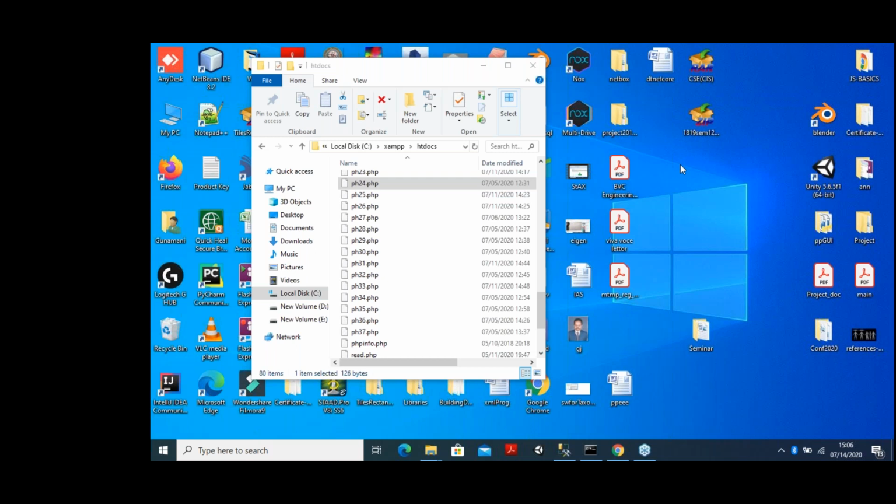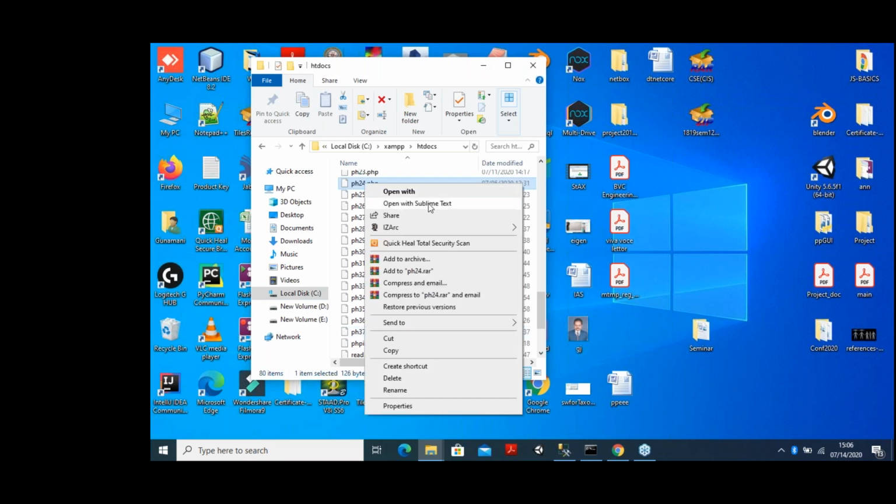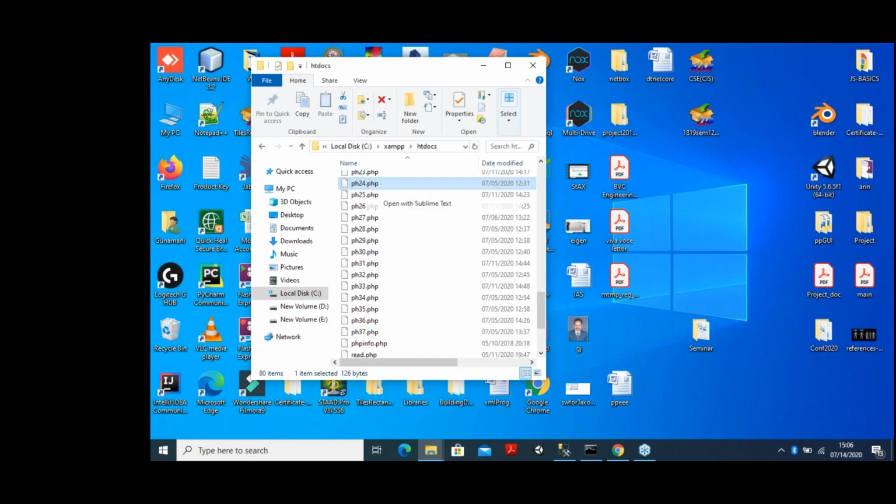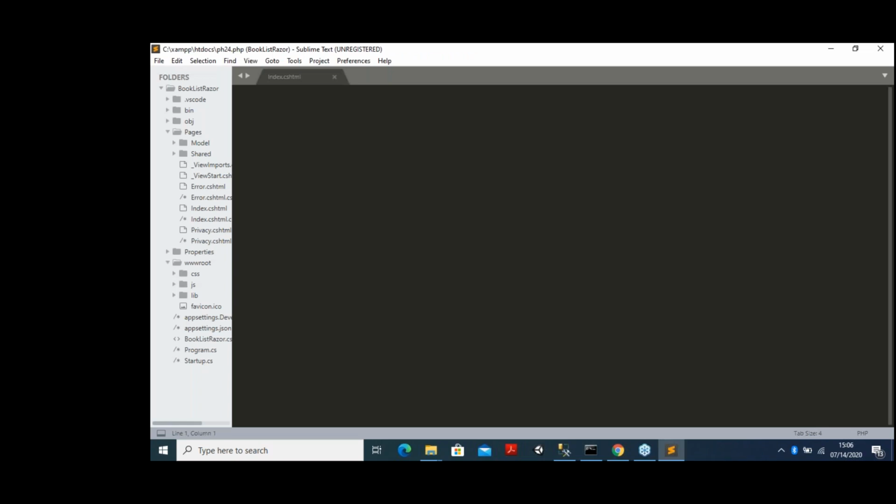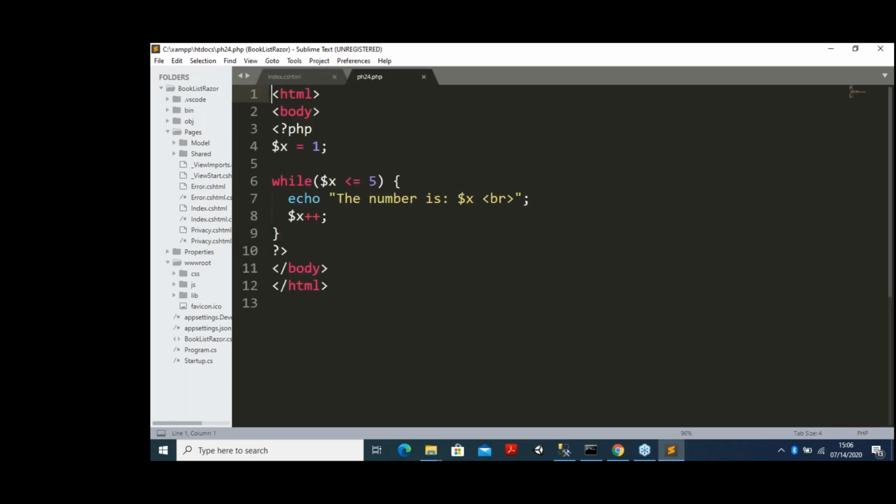Program 24. Let me open this one with our Sublime. Okay, this is the program. Here we have used the while loop, which I already showed you.